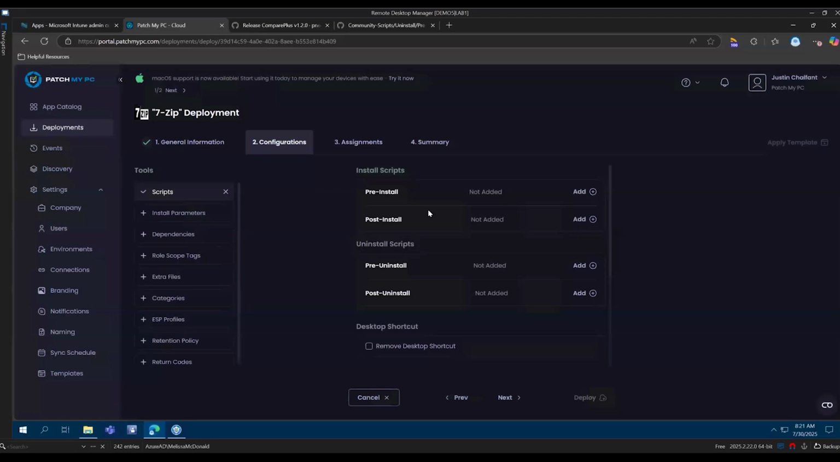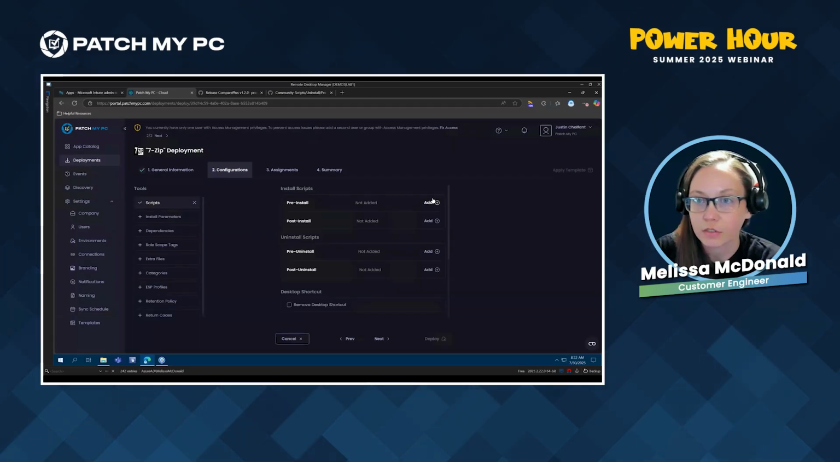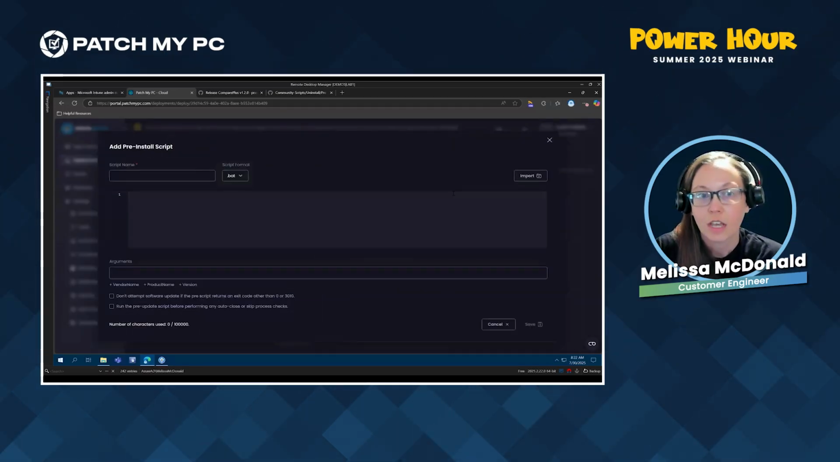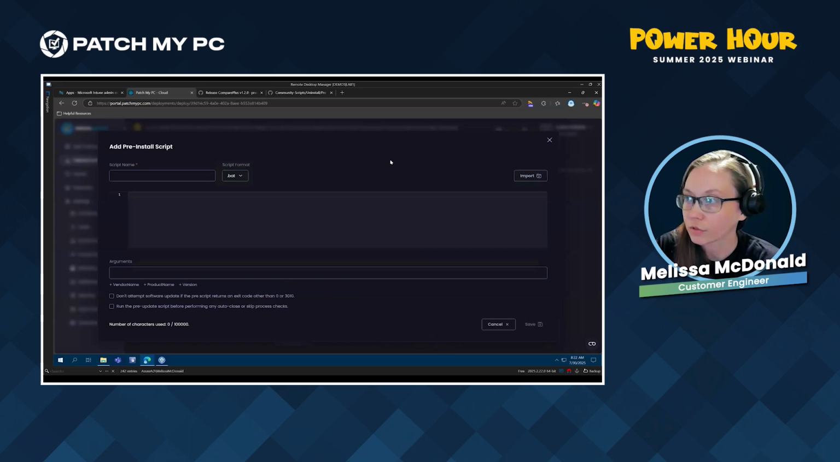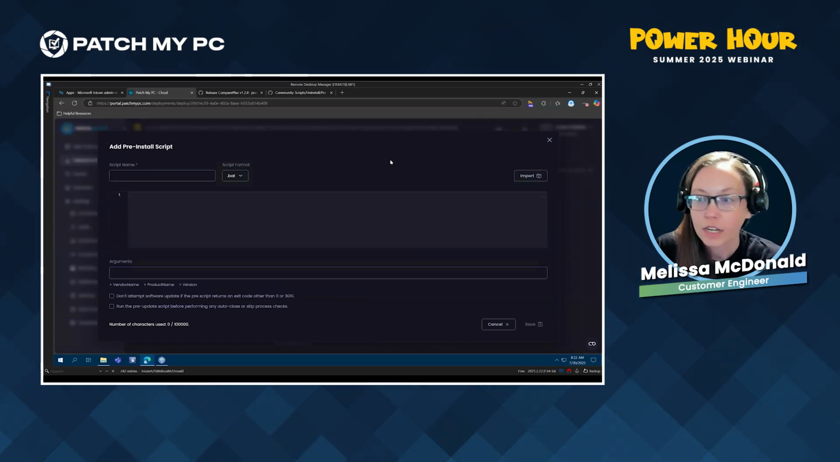So in this scenario, we're trying to find all of the installed iterations of 7-zip on your device. So maybe you have the older version of an exe installation. Maybe you also have another MSI installation, creating duplicate installations of 7-zip. So what I want to do is I'm going to add a pre-installation script, and we do have a generic uninstall script that I'm going to show you and customize today. Going into that,